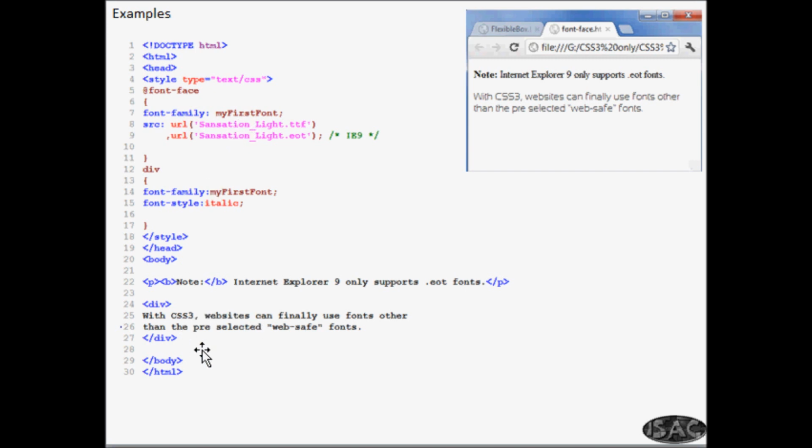And then we are using this div here. In this div, font-family will be what? My first font. What is my first font? This one. So it will use this font. Look at the changes, the effect which happens with the text. This is a normal text, right? I'm not using div here. Here it is with CSS3. So a website can finally use fonts other than the pre-selected web fonts, right?